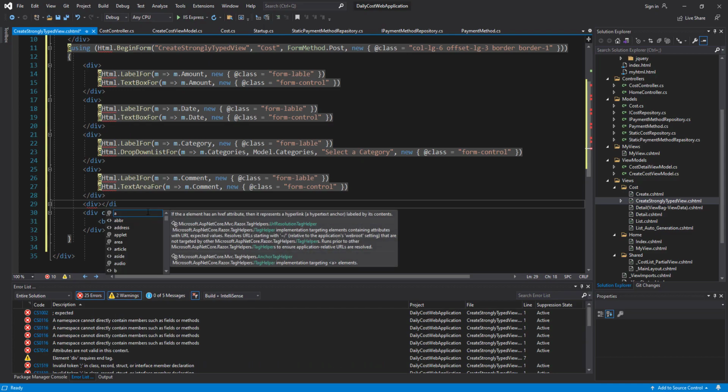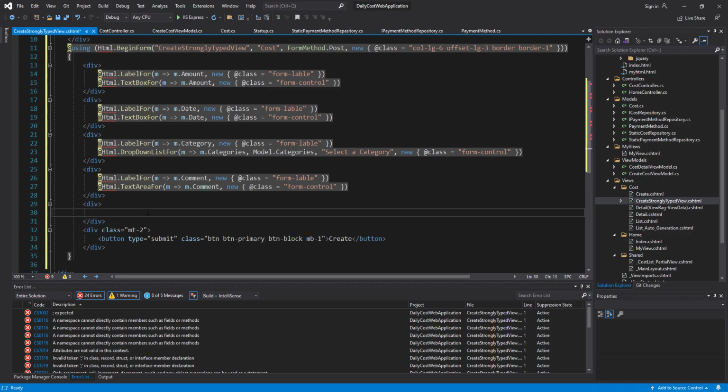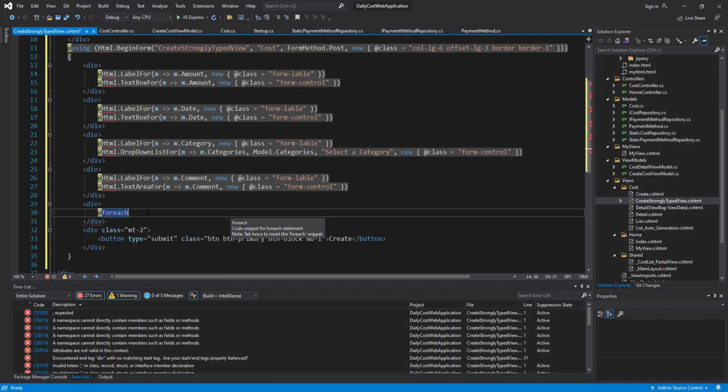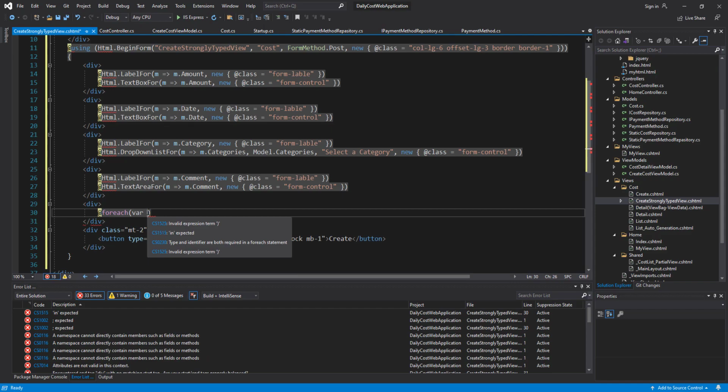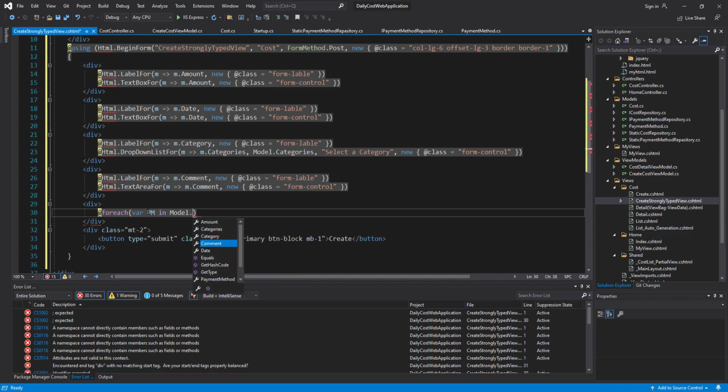I use a div element, and inside that div element I use a foreach loop because I should have access to all the payment methods which are stored in the PaymentMethods property of this view model. And I use the var keyword, and I use Model.PaymentMethods,